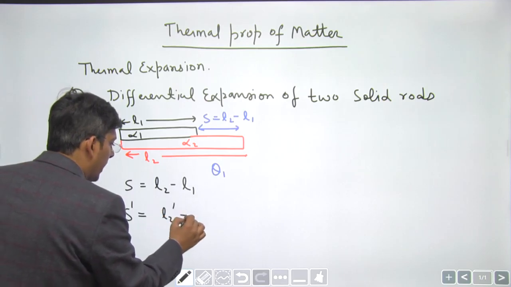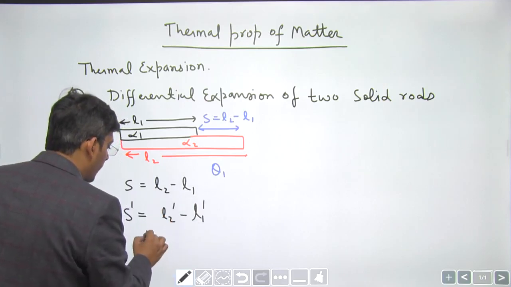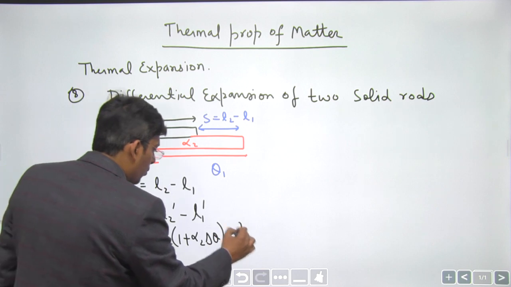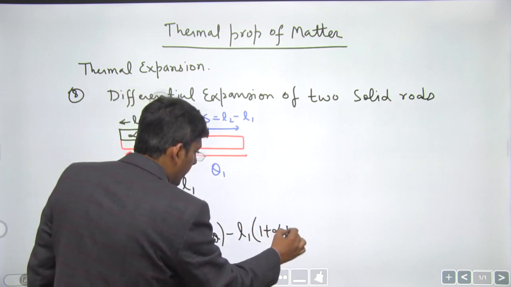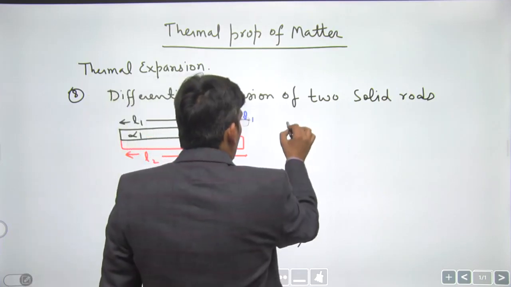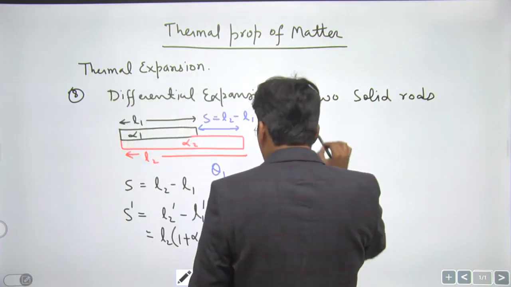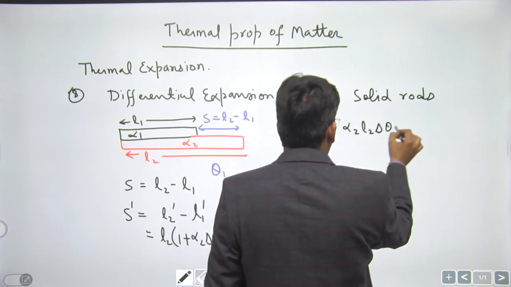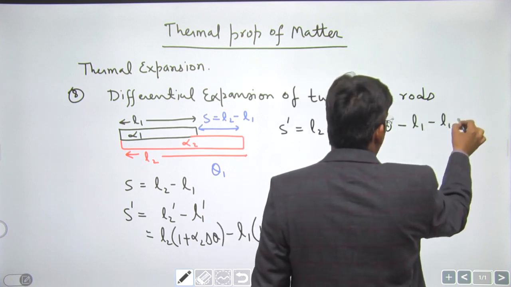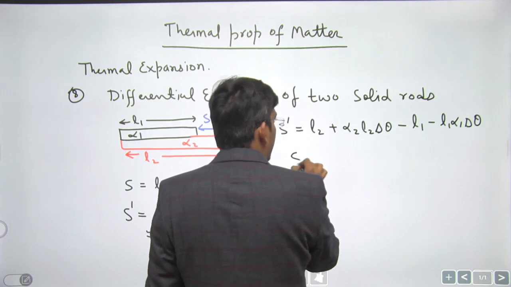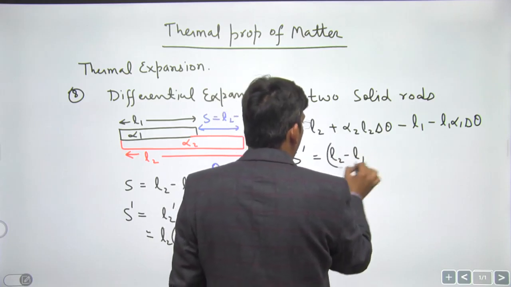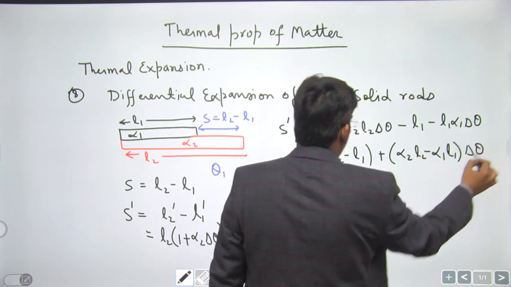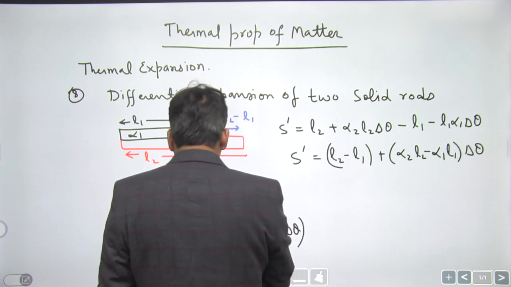This will be new length of second rod minus new length of first rod, which is L2 into 1 plus alpha 2 into change in temperature, minus L1 into 1 plus alpha 1 into change in temperature. So we are going to get L2 plus alpha 2 L2 into change in temperature minus L1 minus L1 alpha 1 into change in temperature. So S dash is going to be L2 minus L1 plus alpha 2 L2 minus alpha 1 L1 into change in temperature. Now S dash and S being equal,